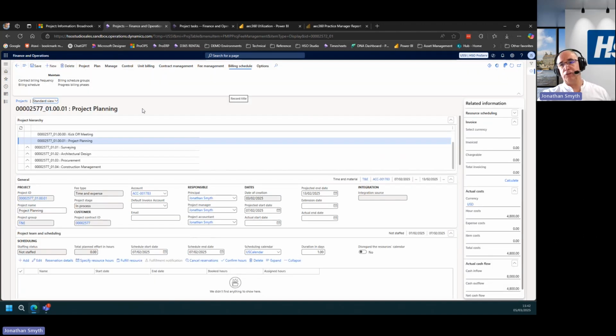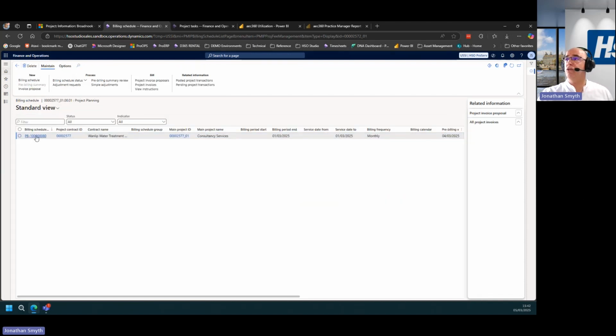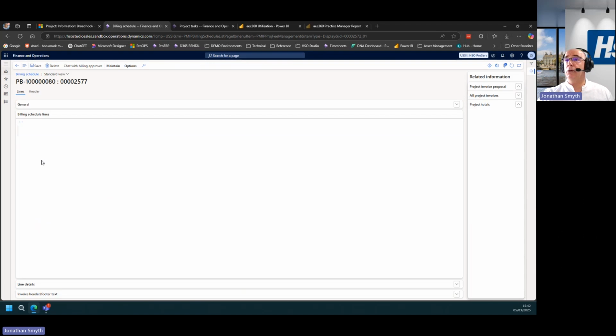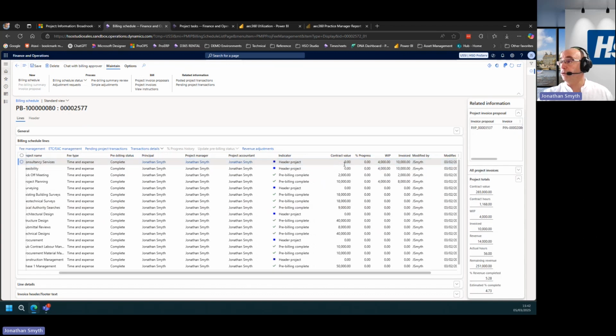And there's a lot more infrastructure in the background in terms of how we can create our project contracts and the rules around what's potentially billable or not billable. We can then create a billing schedule. If I just drop into our example billing schedule here, this is really just a review screen. When we're looking to generate our invoice, we see the reflection of our project structure, and then we can see the contract value, the work in progress, and the potential billings that would go through for that month.